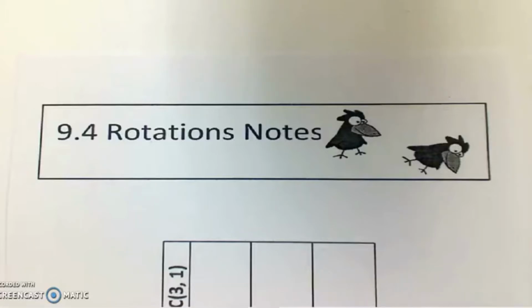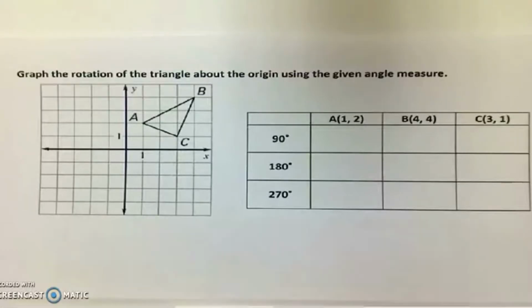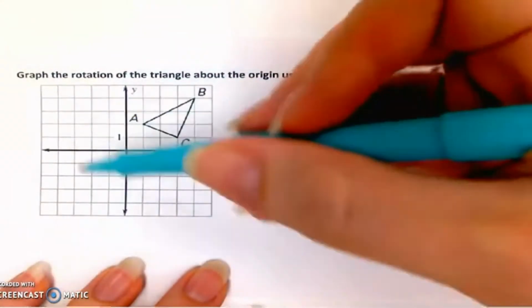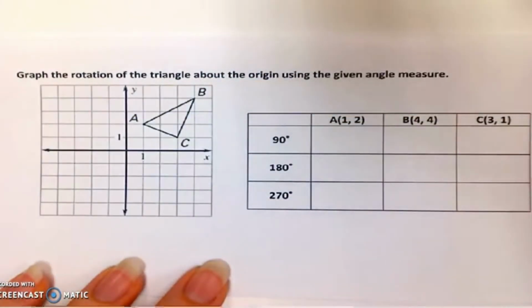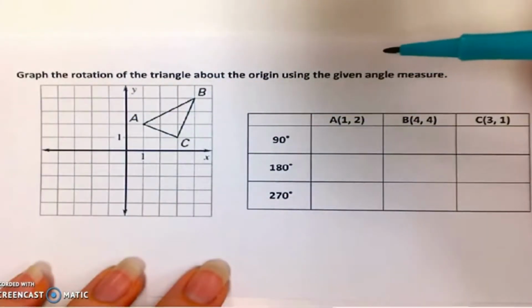All right, let's learn about rotations. Rotations are where you turn or spin a pre-image to make a new image. When we talk about rotations on a coordinate plane, the first thing you should know is that if it says